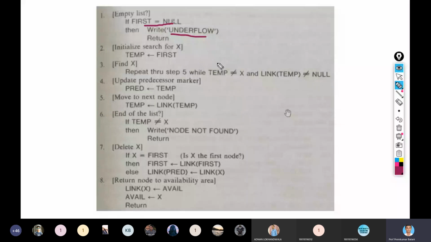Otherwise, you have to traverse the list by maintaining 2 temporary pointers. So first of all, let me take one linked list. Say this is the linked list.